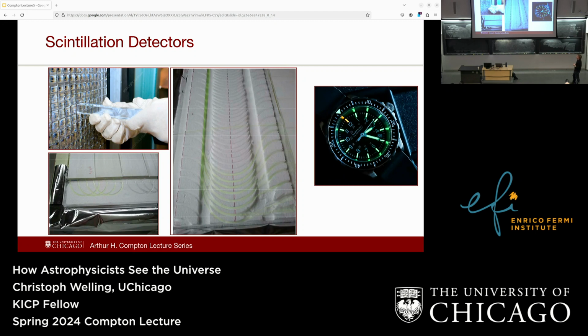And so that's also used at particle colliders. So this is one of these scintillation detectors that's used at ALICE, which is one of the detectors at the Large Hadron Collider. For cosmic rays, you often have something like this. So this is for a cosmic ray detector. You have these plates here that are covered with some shielding material to shield it from light from the outside. But there's a scintillation crystal here, and then you have these fiber optics that will then lead the light to somewhere where you can detect it.